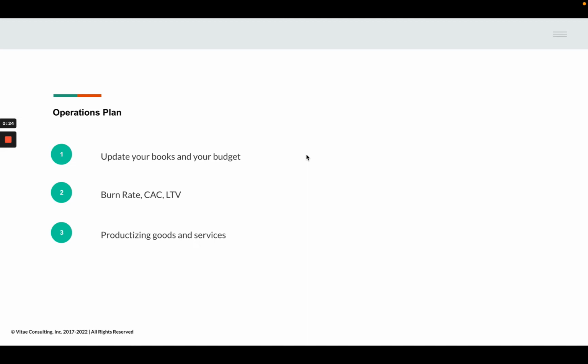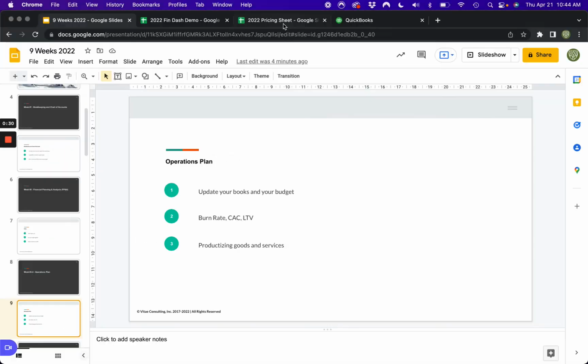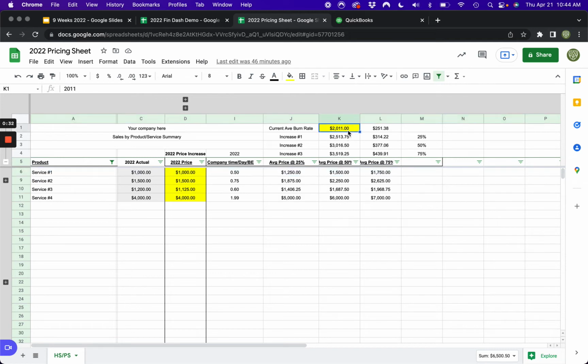Now we're going to talk about how that burn rate helps inform our pricing model. Let me jump over here to the spreadsheet. So our burn rate for our business is $2,000 a day. You might be asking yourself, how in the world did you end up with that number? Well, pretty straightforward. In our budget, we assumed that our sales goal for the year was $700,000, which also meant that we had to assume what our profitability target was because we didn't have our budget fully baked out yet. That left us with an expense threshold of $525,000 for that year,